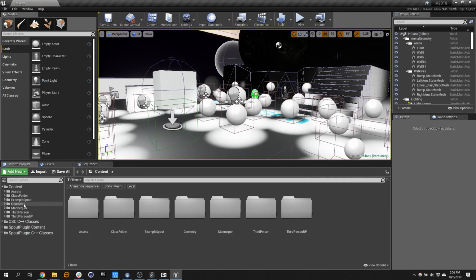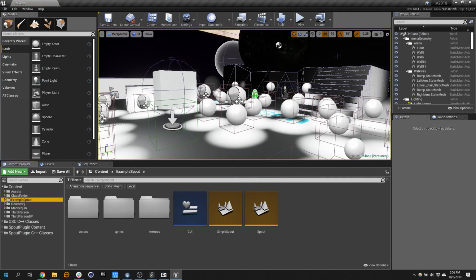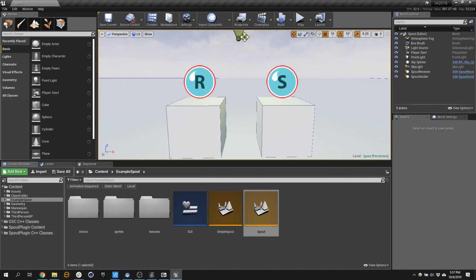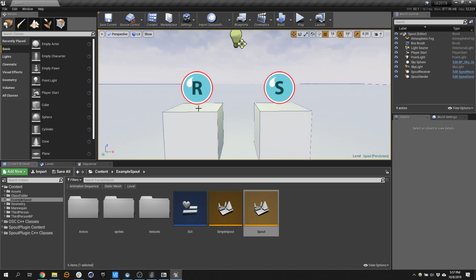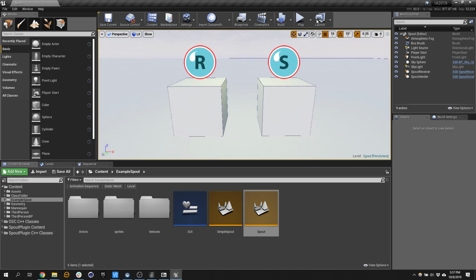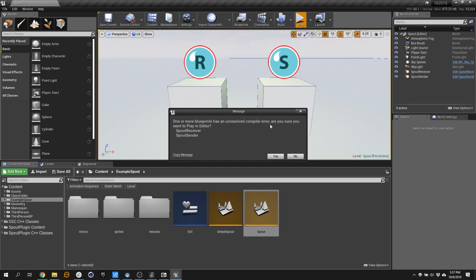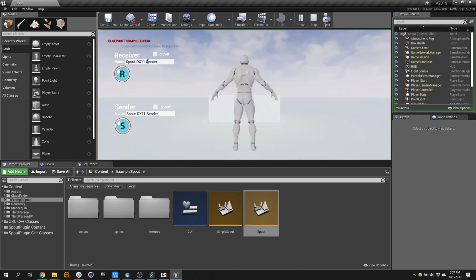All right. If I come over to my example Spout that I just put in there, I can double click this project, and basically I have a Spout sender and I have a Spout receiver, right? I can send video frames or I can receive video frames. If I hit play, it's got some errors. I might have to resolve these. That's fine. I should be sending